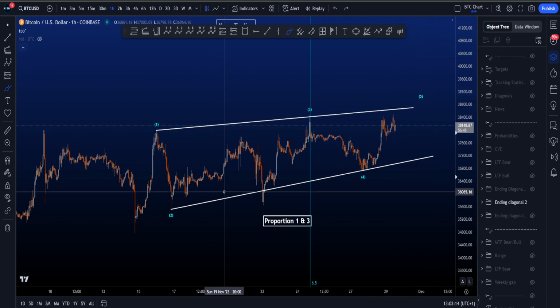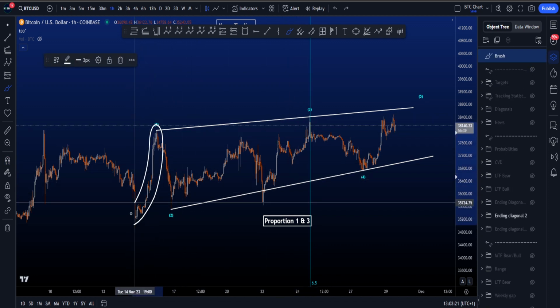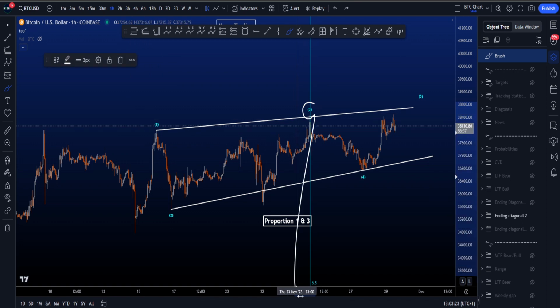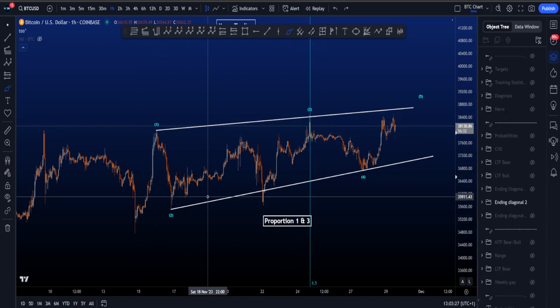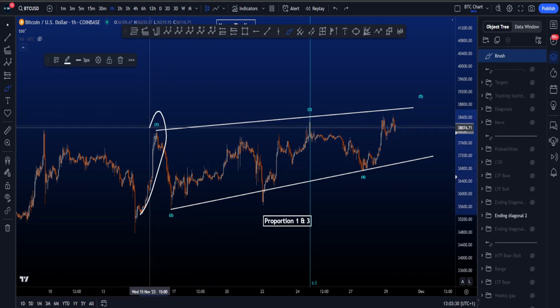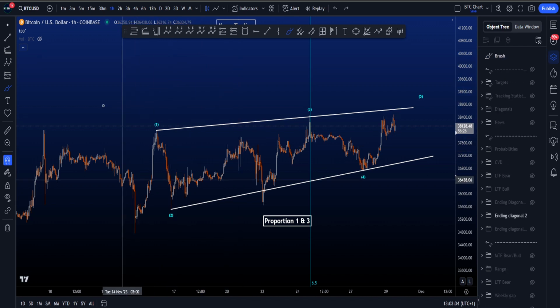The issue in this particular scenario is the length in time of this wave 3. This wave 3 is incredibly long compared to your wave 1 over here. Wave 3 is 6.5 times longer than wave 1, which is not really something that you like to see, as preferably wave 1 would actually be the biggest wave in an ending diagonal,